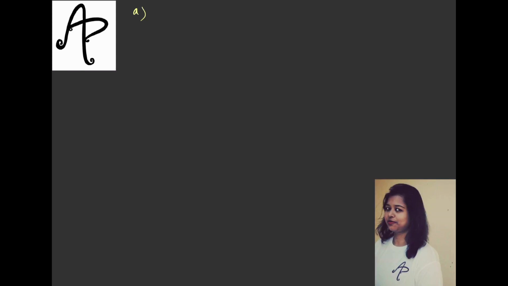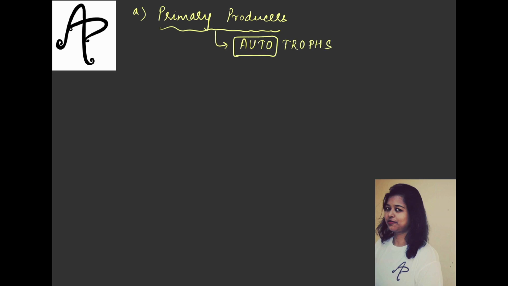So the first subsection of your biotic component is about the primary producers. The primary producers. इनको और किस नाम से बुलाते हैं? We call them as autotrophs. Auto is about self. So basically they are self-nourishing. वो अपना खाना खुद बना सकते हैं. They can nourish themselves. ठीक है? By own. So primary producers, who all will be, or what all will be here? So of course it will be the green plants. You know that plants prepare food for themselves. ठीक है? इसमें तो कोई doubt ही नहीं है.